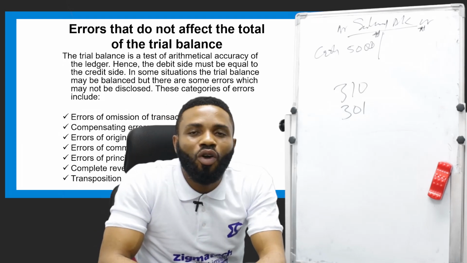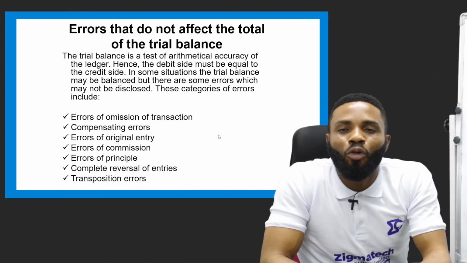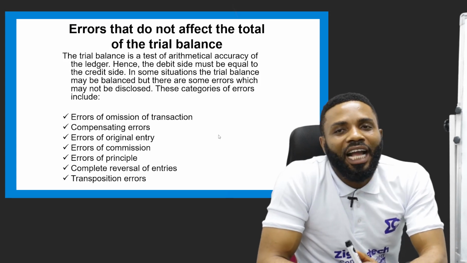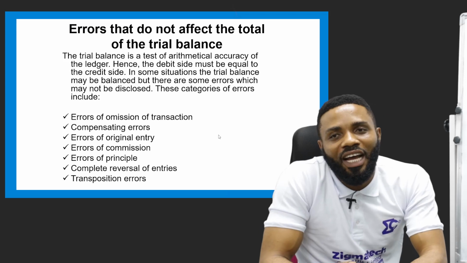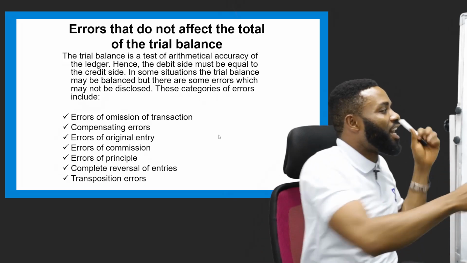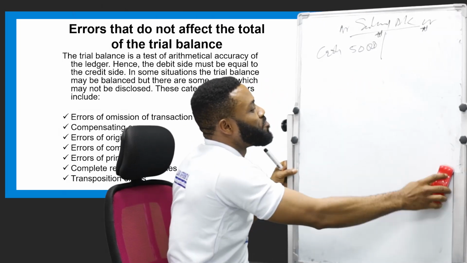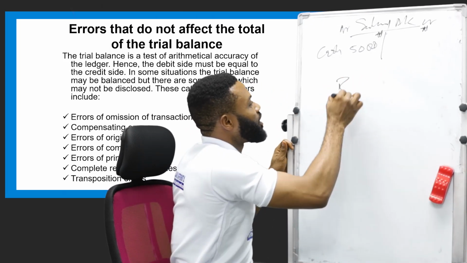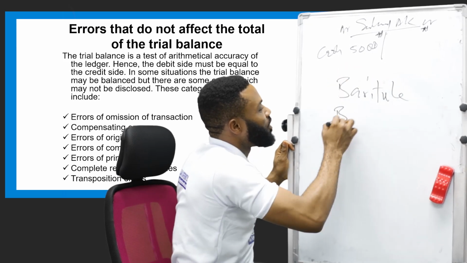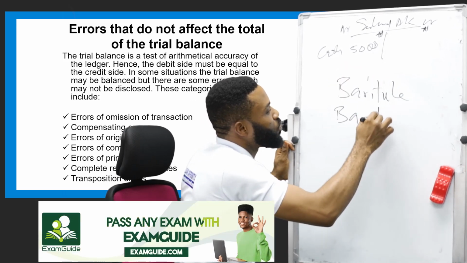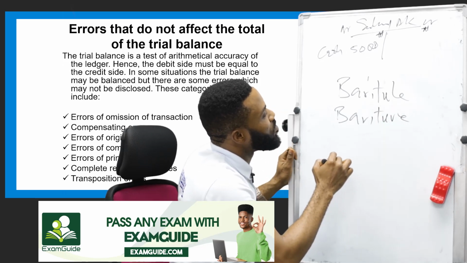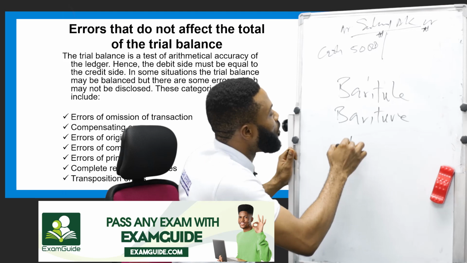Then the next one is what we call errors of commission. This error of commission is very common when an accountant is working in an environment that he or she is not familiar with the names. You see something like Baritule and Bariture. You see Baritule, and then you see Bariture. Or you see something like Ifoma